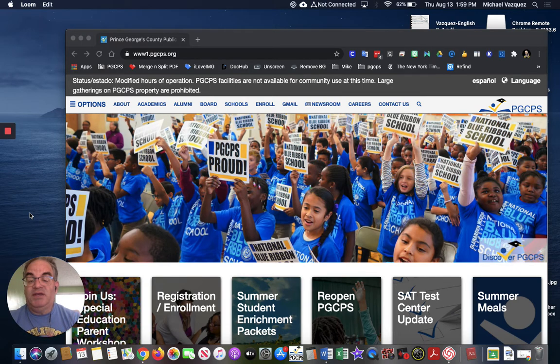If you're using a different computer, you're going to need to download the Chrome web browser. So if you have Safari or Edge or Internet Explorer or something like that, you can use other ones, but Chrome is really the most stable to use with Clever. So I highly suggest downloading Chrome browser. Okay, so assuming you have the Chrome browser, if you're on your Chromebook, open up the browser and